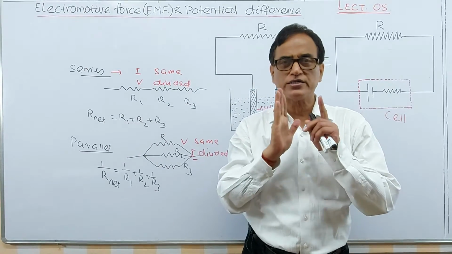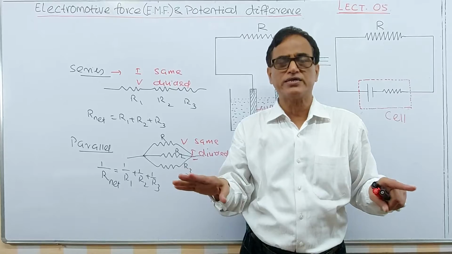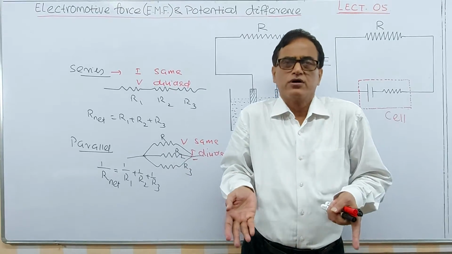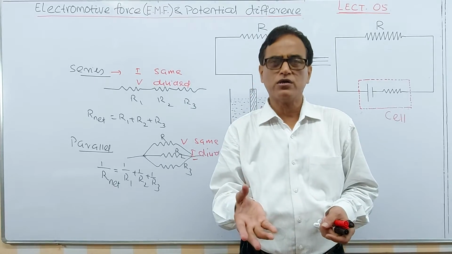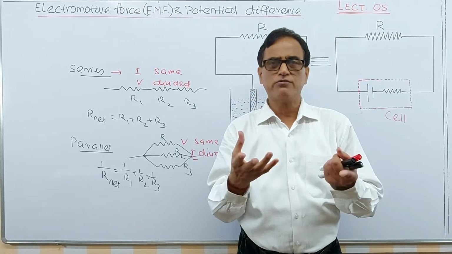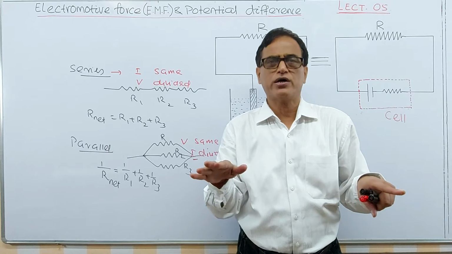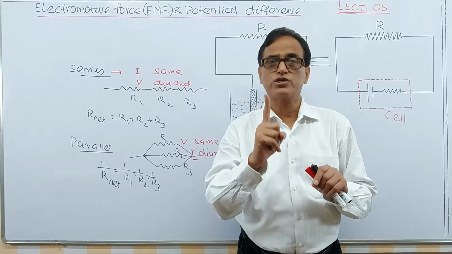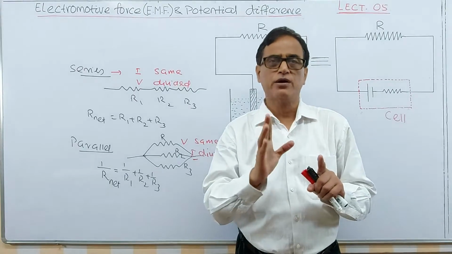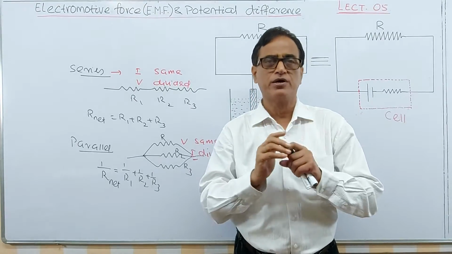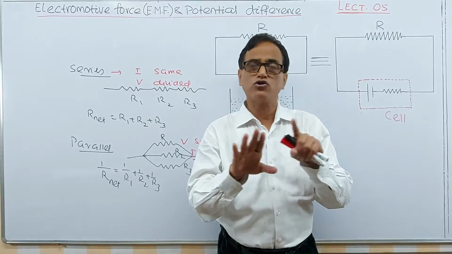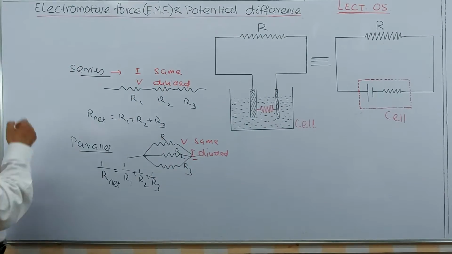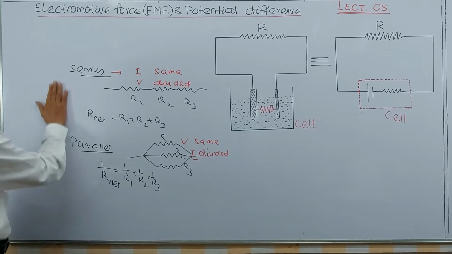Remember, house wirings are parallel. All the appliances in your house, like refrigerator, television, electric motor, electric bulb, tube light, fan, anything you are connecting in your house, all will be operated on 220 volt AC, the same voltage. Potential difference will be the same across them. That's why they are connected in parallel. House wirings are parallel. This type of thing you have read in school. That's why this has been eliminated this time from your syllabus.